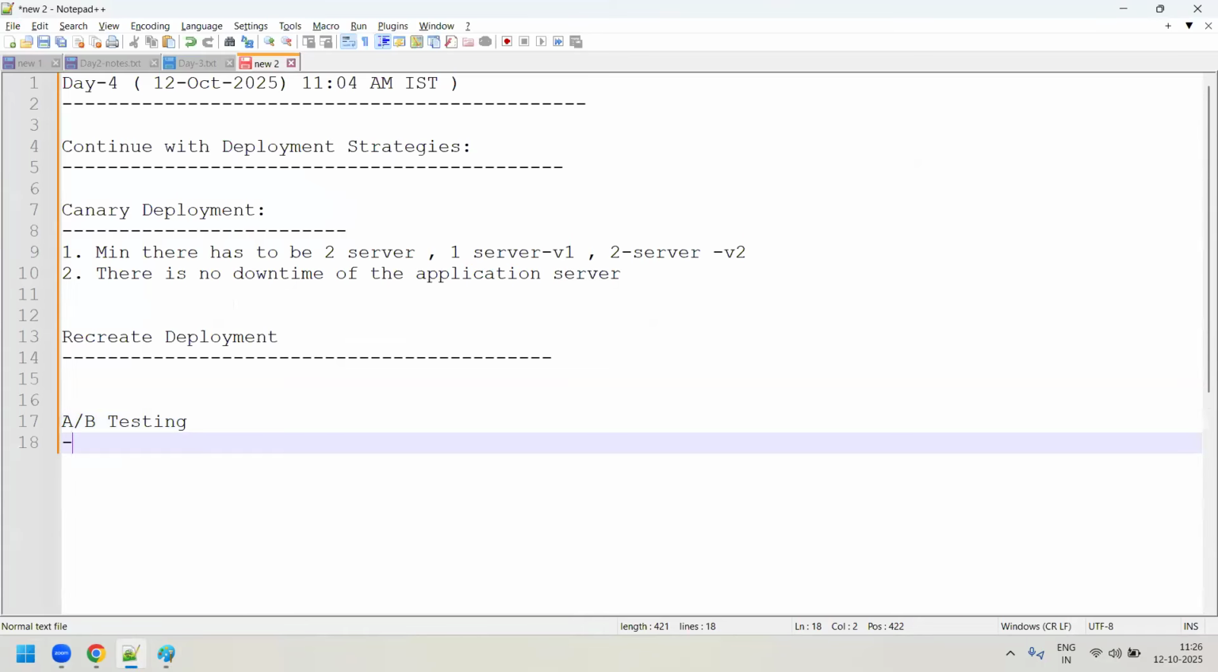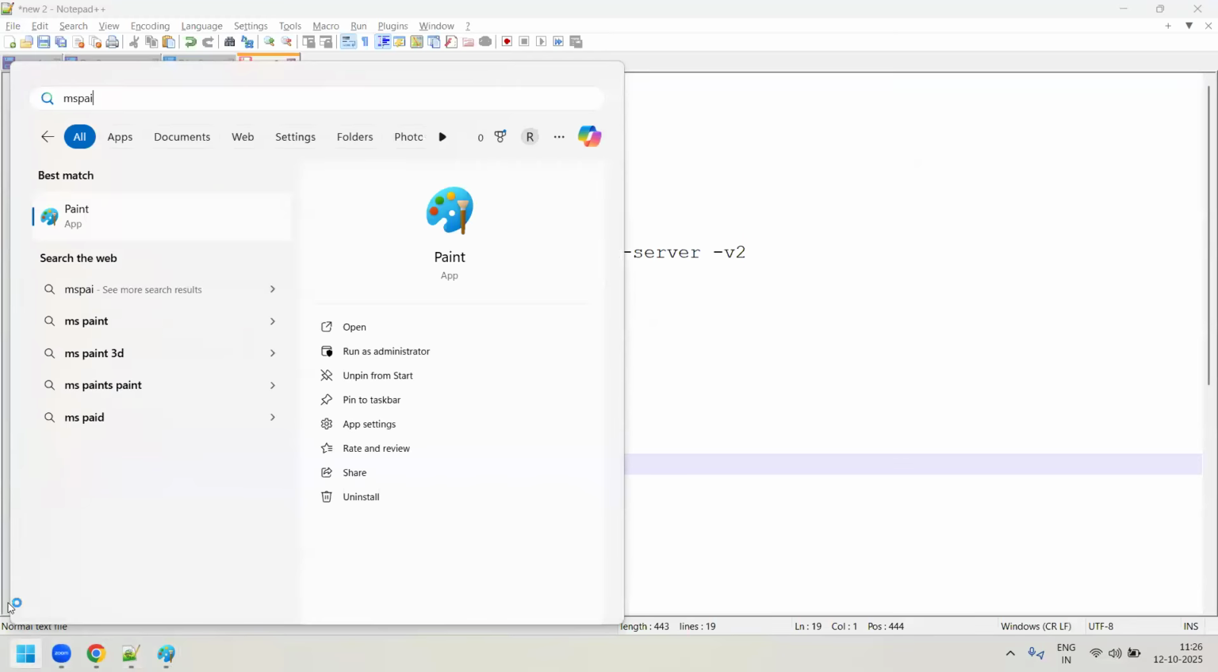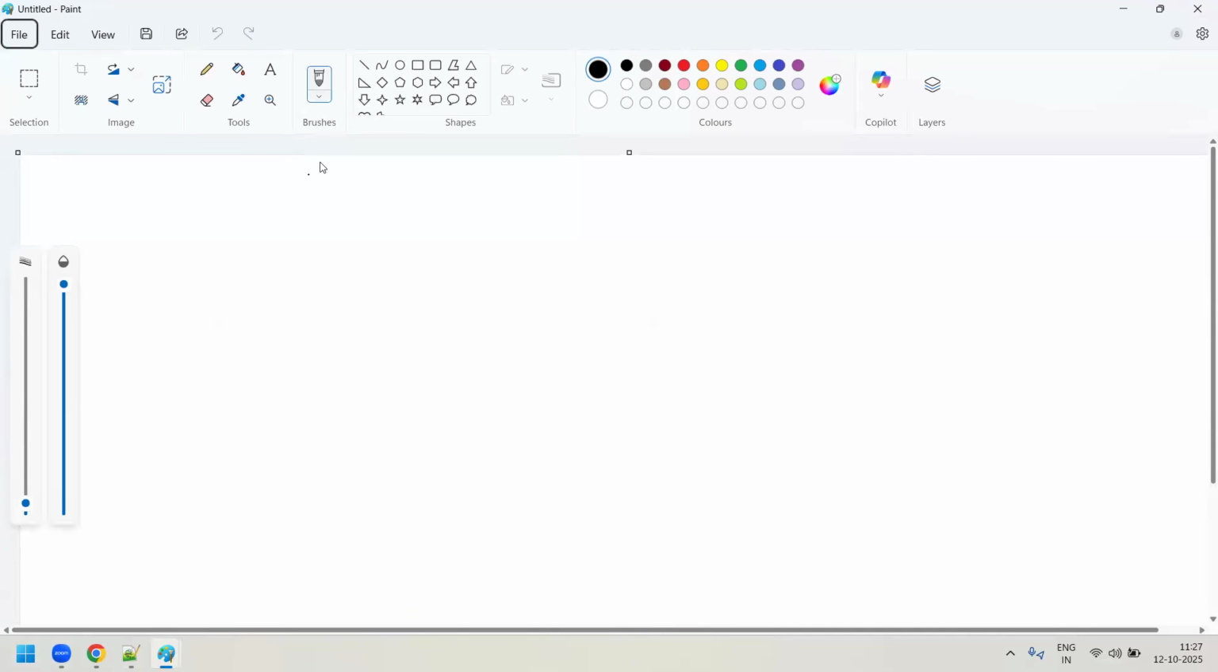Okay. There is one more thing, A/B testing, which is also quite interesting. Many organizations use it actually. So in A/B testing, what they do is they will have multiple versions of the same application. Say, for example, you have